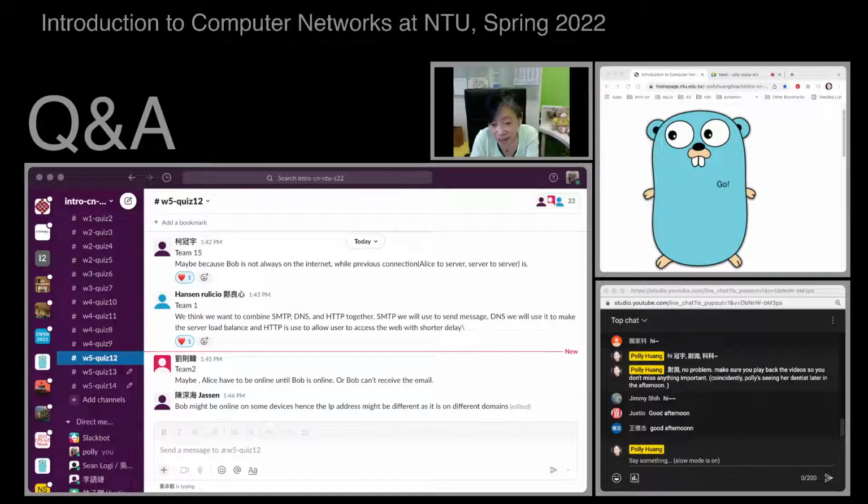And Jason is saying Bob might be online on some devices, hence the IP address might be different as it is on different domains. Yeah, so Bob is on and off and changing places. So that is saying that the receiving server might have a hard time tracking Bob. One can actually program SMTP such that the receiving mail server tracks exactly Bob's IP address.